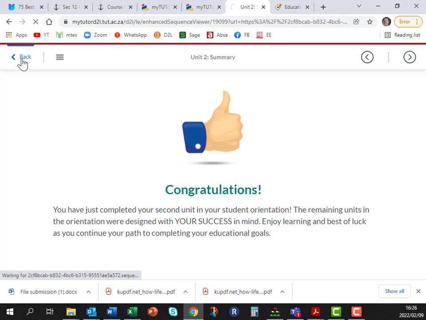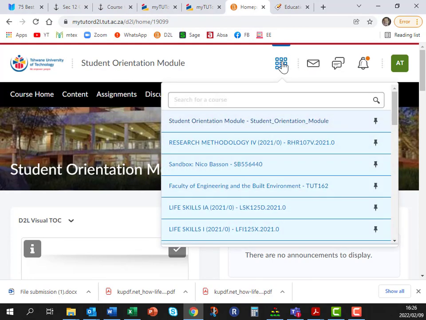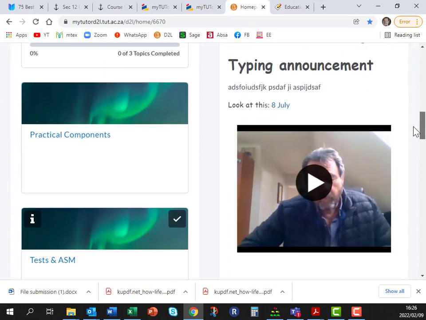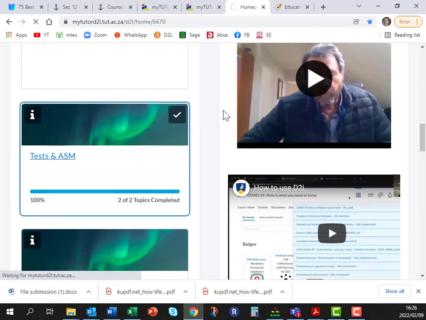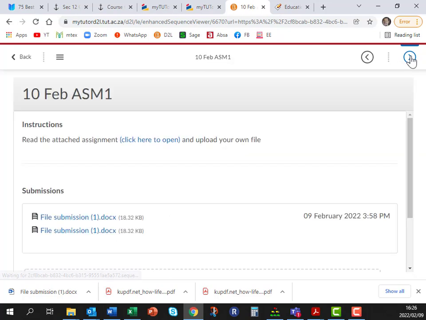So let's go to a subject where our lecturer told us to do the assignments. So this subject name is Sandbox, and the lecturer told us that the assignment is within tests and assignments. So I will go in there, and this you will see when you write a test, to enter the QR code of the Invigilator app. So make sure that you read about the Invigilator app. I go to next,